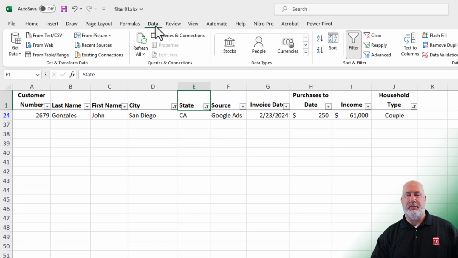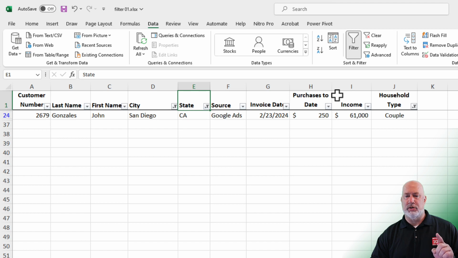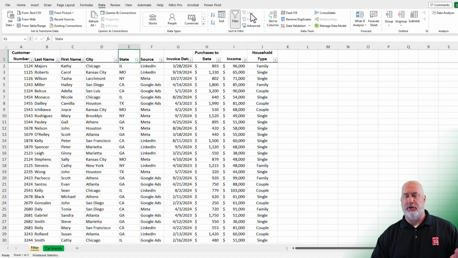But you can also come to the Data tab, and here is the Sort and Filter group. Inside here, it's telling me my filters are already running. So I want to leave the filters turned on, but I want to clear it. So here's Clear. That is what I usually click on, the word Clear, when I have 2 or more running. It just makes it easier. Still have the drop downs.